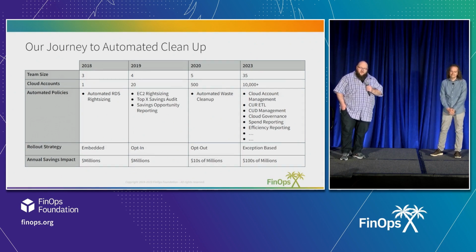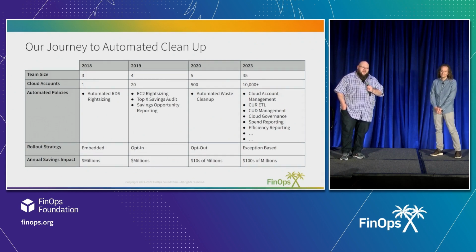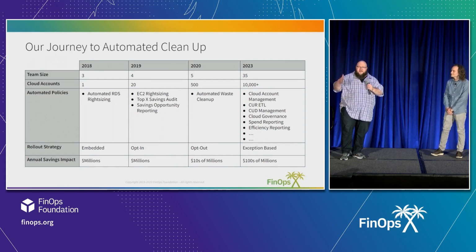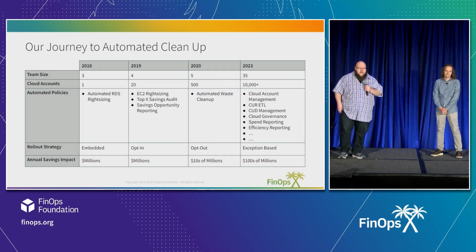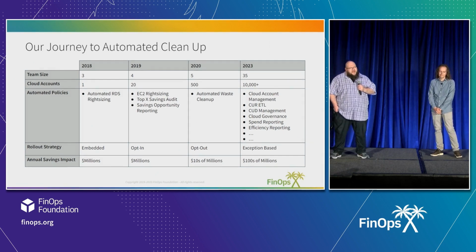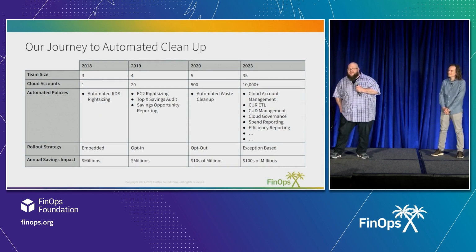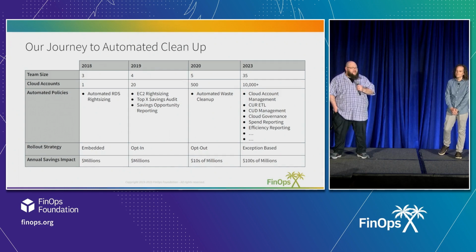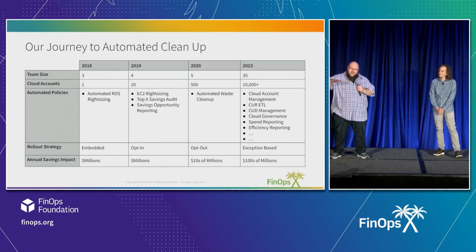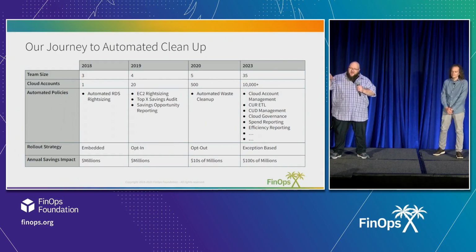There's a little bit of a jump here in overall team size and going to 10,000 accounts. But there were maybe 2 big events that happened in 2021. We had a company-wide reorg that brought together a bunch of small engineering teams to really create groups that were working in a similar space, get those all under one leadership, under one program, and get them aligned. The other piece, and really the culture change that was interesting, we had a big problem happen in 2021. We were rolling out an S3 automation policy across the company. It was a 2-quarter-long plan. Basically, we're going to do pre-prod accounts, low-risk accounts, then move to production, give everybody notification and onboarding.